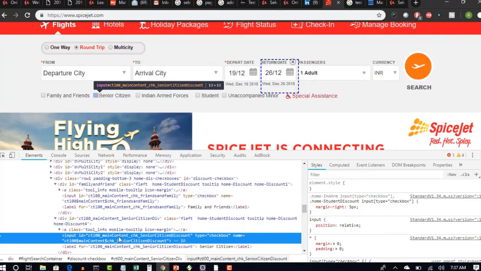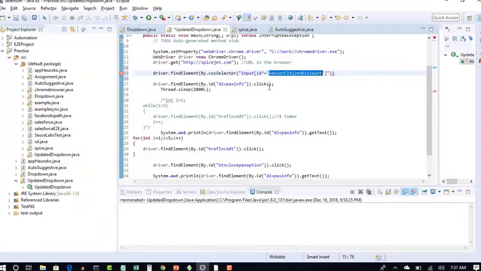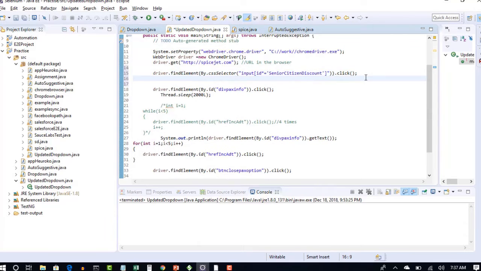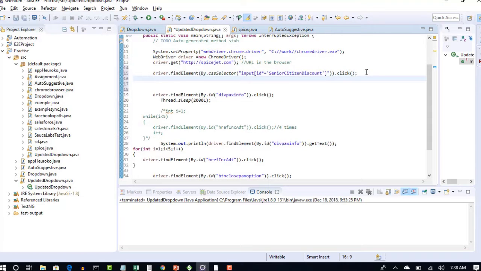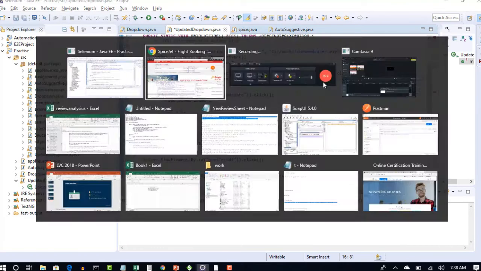If you have something like ctl100 main content chk, you can put it straight to the point and say dot click. Right. So after you click on that, if you want to know whether that checkbox is selected or not, there is a method in Selenium to tell if it is selected. Again, same checkbox.